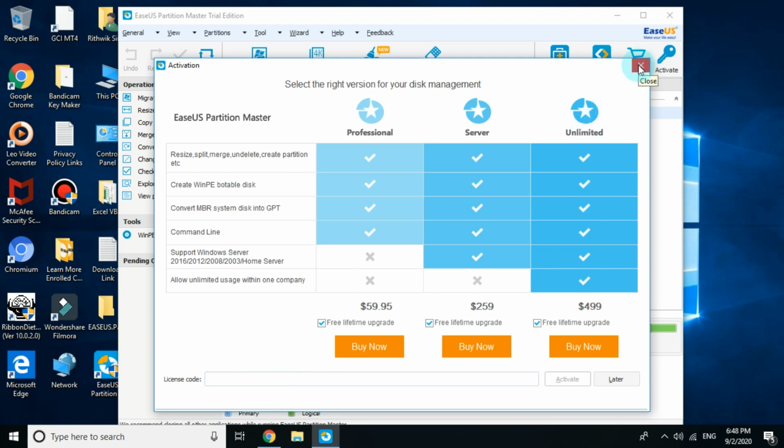However, when you try writing a license code for the activation of Asus Partition Master, after writing that code, it will say it is not the right code, please enter the right code which you have got.